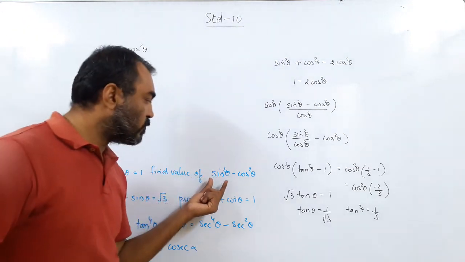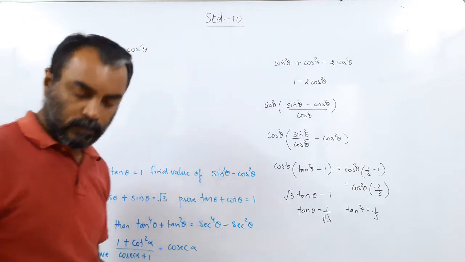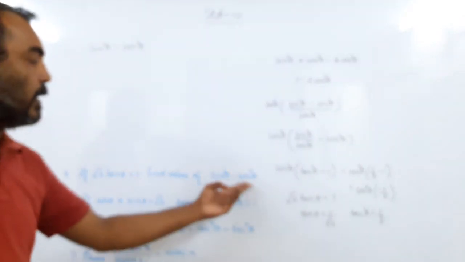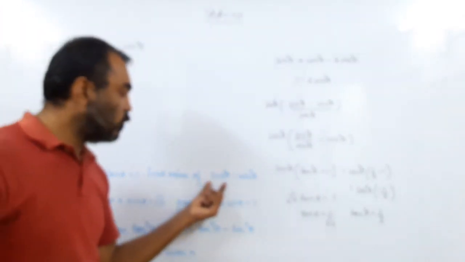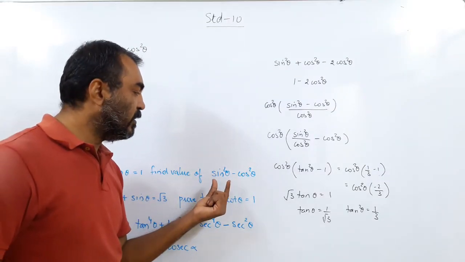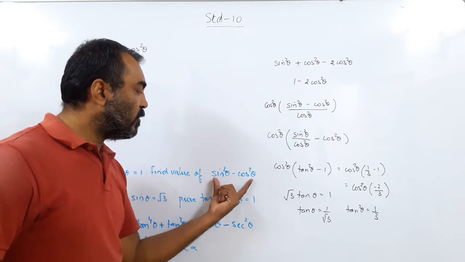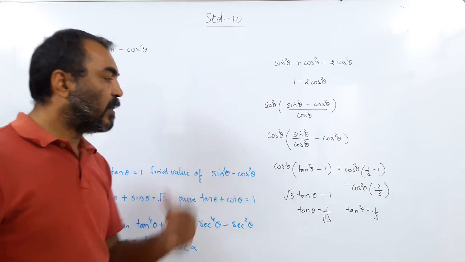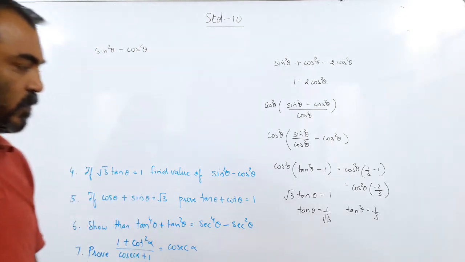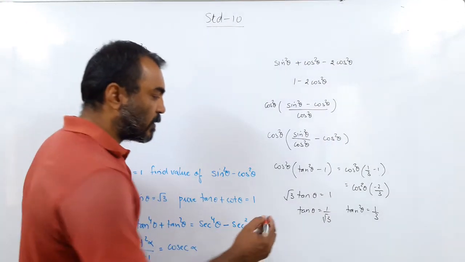I should know the value of sin square theta and cos square theta. So for that I should know which angle theta is. If I want to know the value, is theta 30 degree, 45 degree, 60 degree, 90 degree, or 0 degree? If I find which angle theta is, I can find the answer. And I hope from this you already got your clue. Yes, I know you would. You are smart like that.